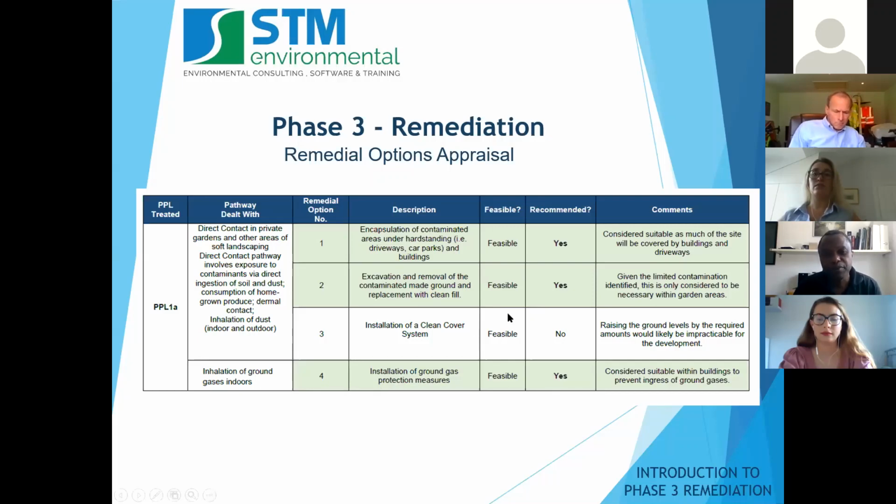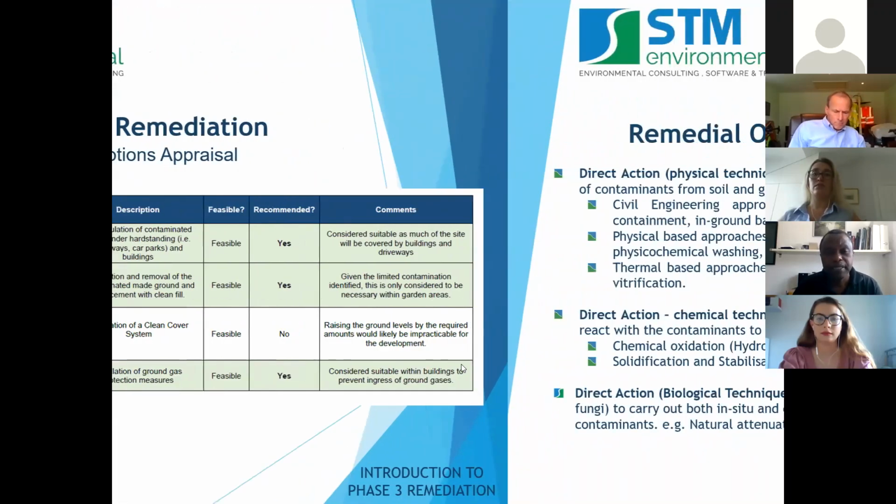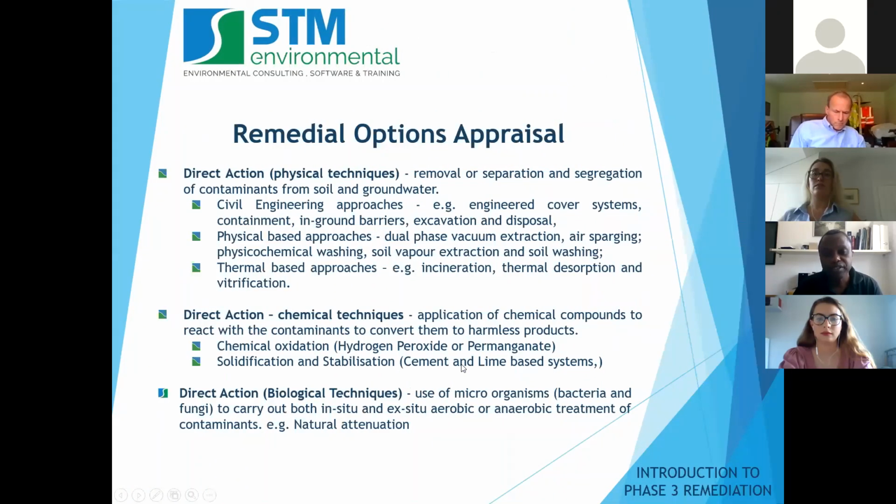Okay, so options appraisals. There are lots of different ways you can deal with contamination depending on what type of contamination it is. They're broadly split into physical techniques, chemical techniques, and biological techniques. So for physical techniques, you have, as I mentioned earlier, maybe an engineered cover system to contain contamination, make it inaccessible, barriers,